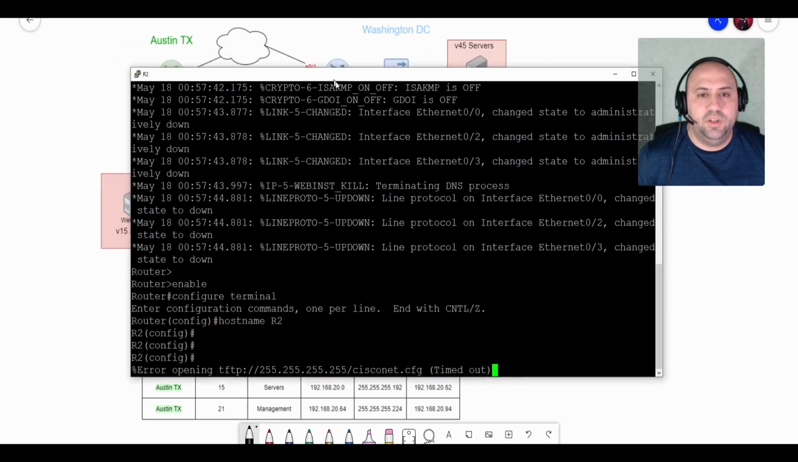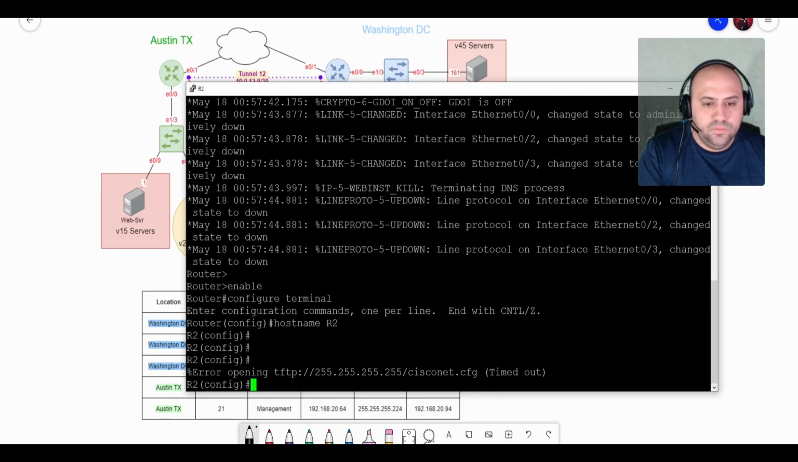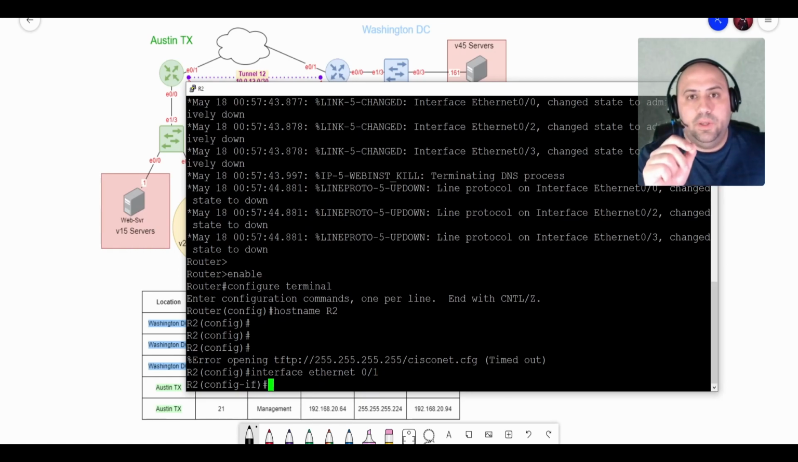Pull up topology behind. Okay. So first thing we've got to do is get into our interface Ethernet 0/1. That's going to be our outbound connection. And just like we did with router 1, we're going to get the